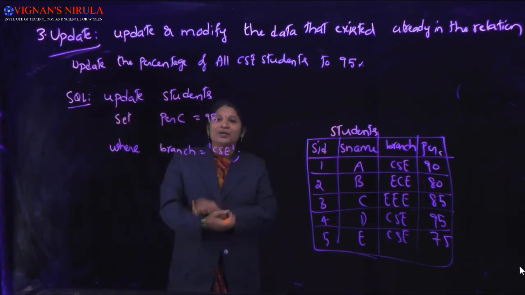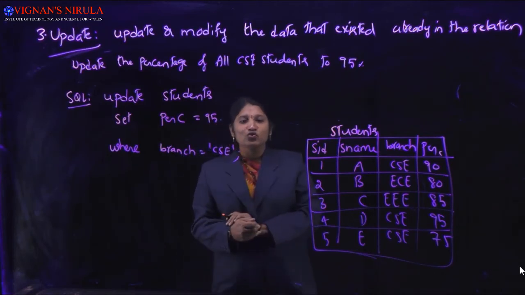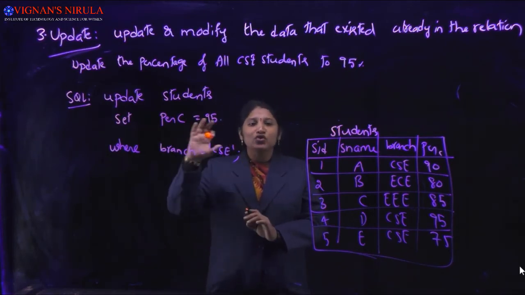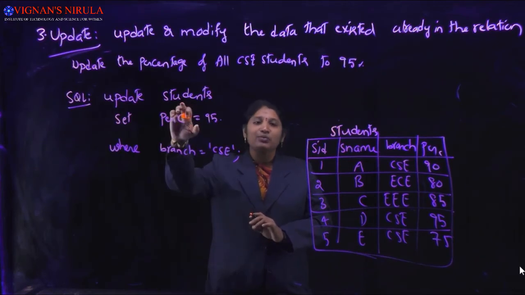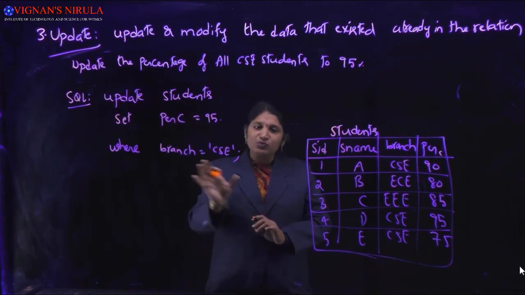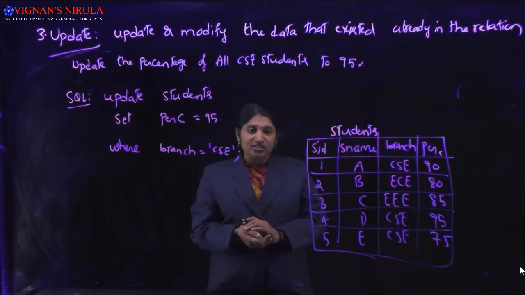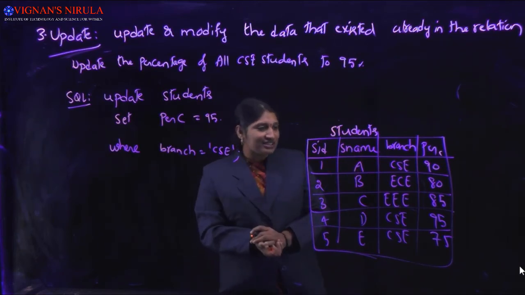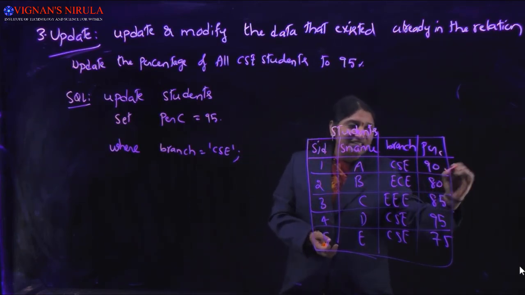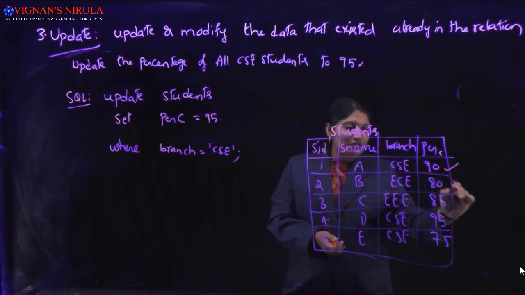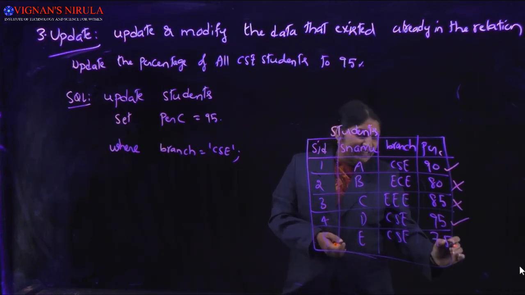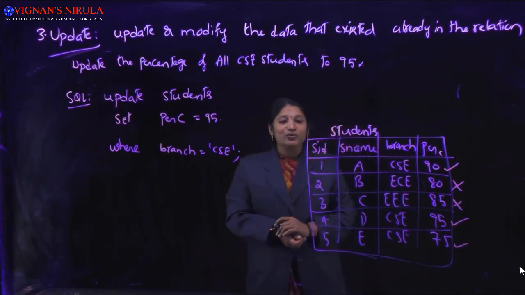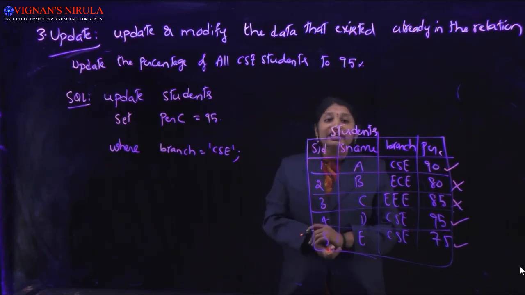Now I'll see how that update command is evaluated. As you already know, what is the first step? It is going to select from this table the tuples that satisfy the where clause. What is the table? The student table. Now from the student table I want to select the tuples where the branch is equal to CSE. So see, this is the student instance. Is the first tuple selected or not? Yes. The second tuple? No. The third tuple is also not selected. The fourth tuple is selected and the fifth tuple is selected. So how many tuples have been selected entirely? 1, 2, 3 tuples are selected.